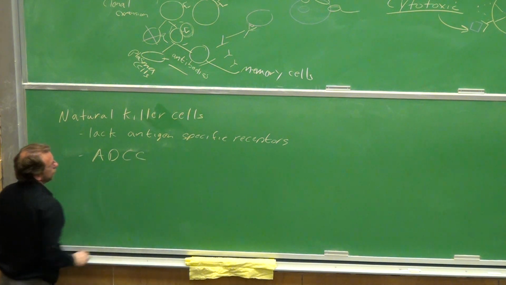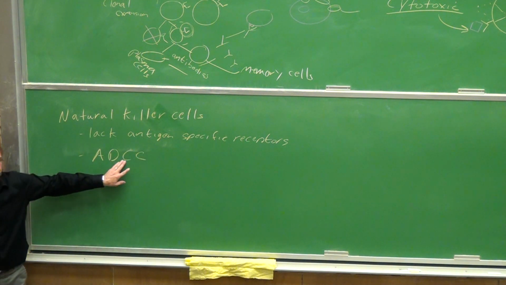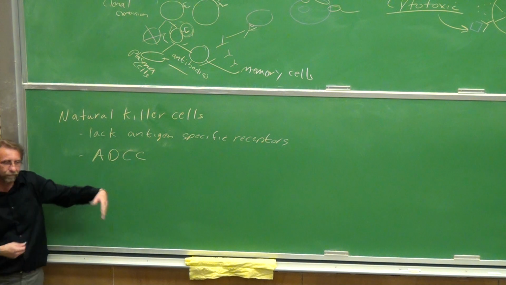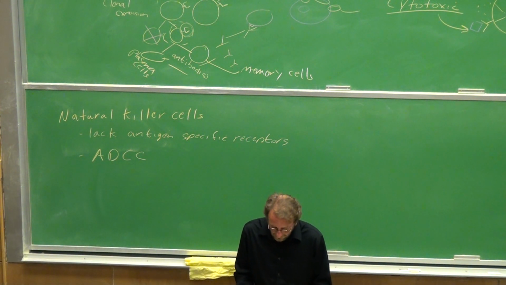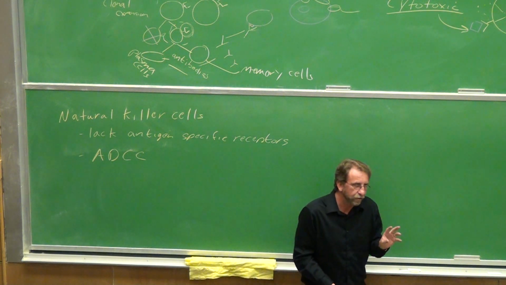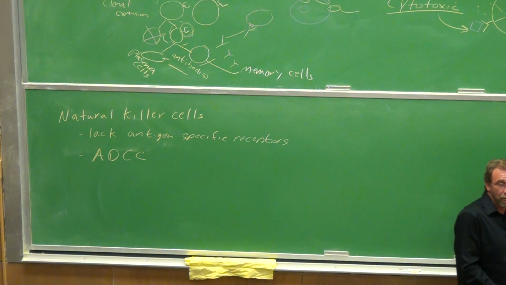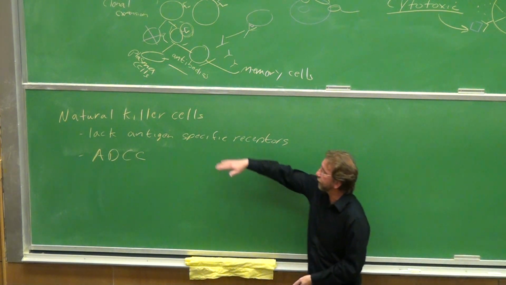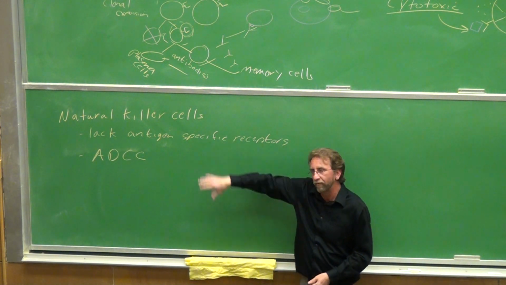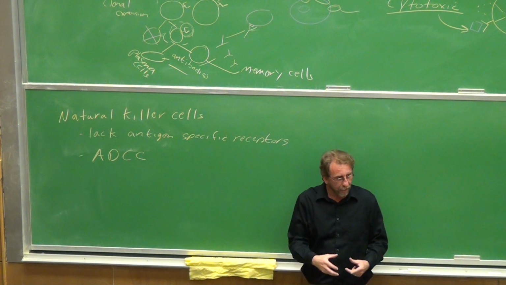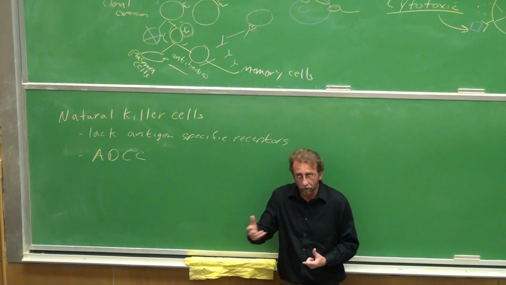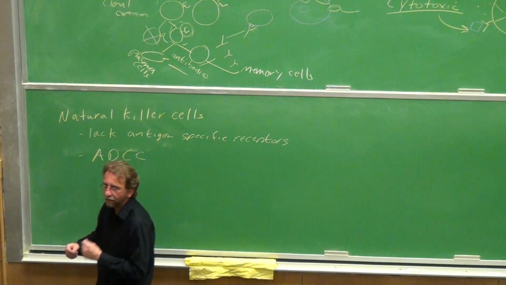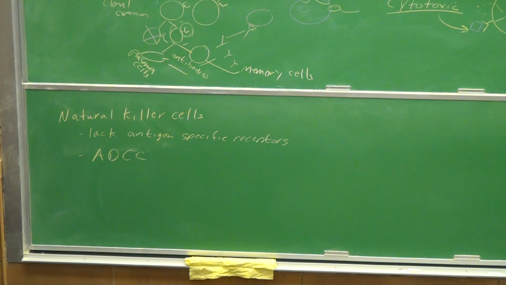These guys are involved in what is known as antibody-dependent cellular cytotoxicity. I used that term already before. Antibody-dependent cellular cytotoxicity means that the natural killer cells are actually recognizing antibodies. They're not recognizing a specific antigen. If you remember our discussion about antibodies, that Fc region is highly conserved. It's similar among the classes, and so we don't have to have a different cell to recognize each different antigen